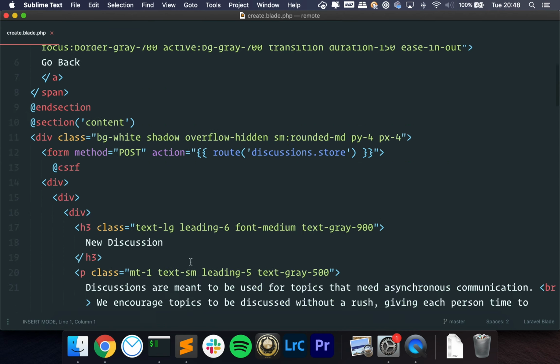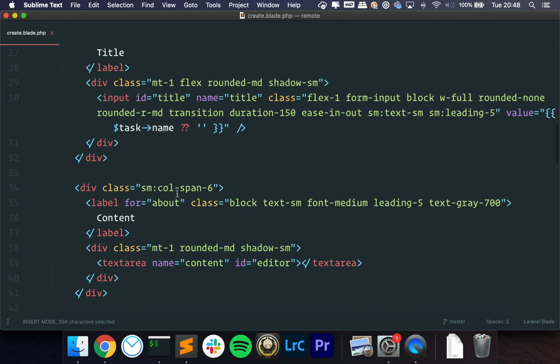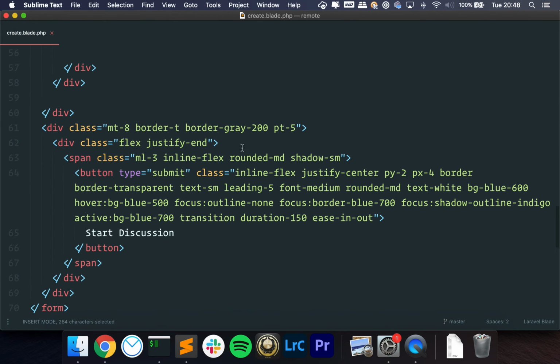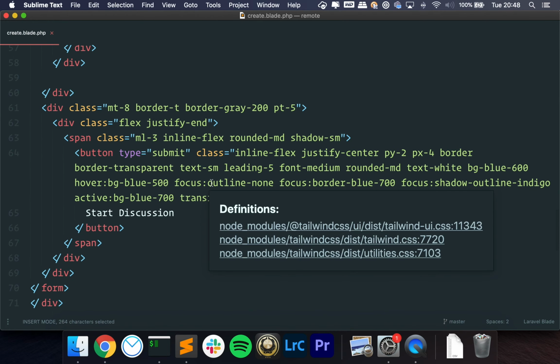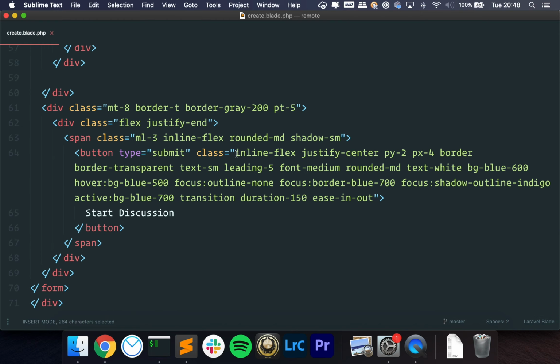Let's take a look. For instance, see this button. We have several classes here. See the input, we also have several classes, and using components is a very clever way to get rid of this. One of the biggest drawbacks of doing this is that if you have lots of buttons throughout your app and you want to change one of them and forget to change the rest, your apps start to look weird